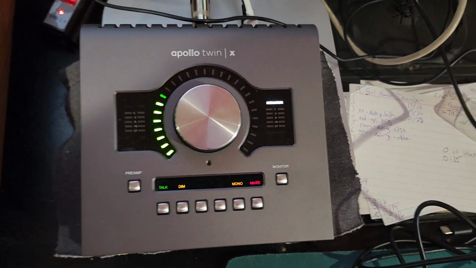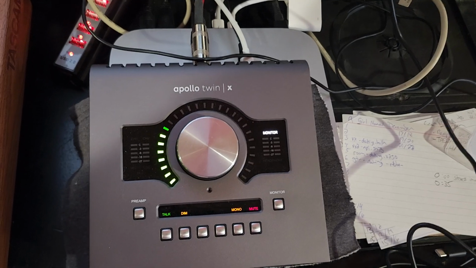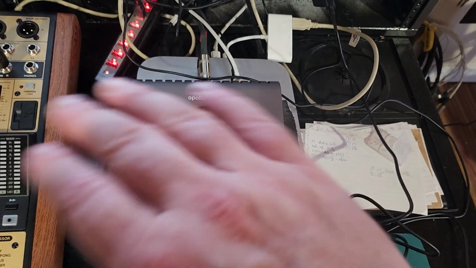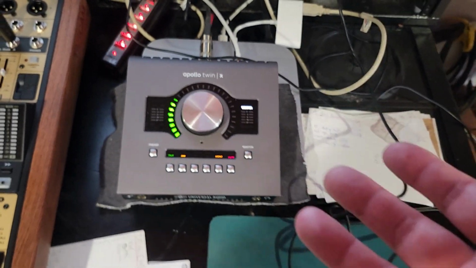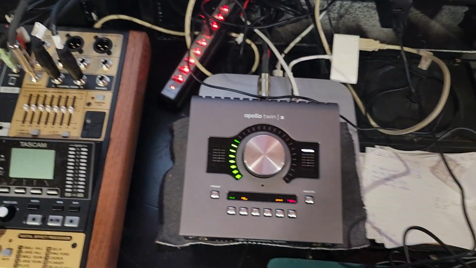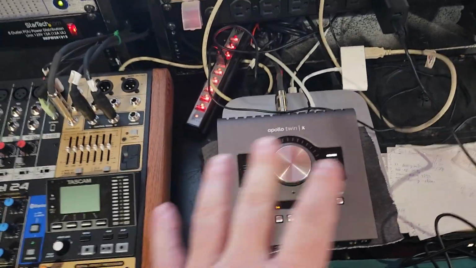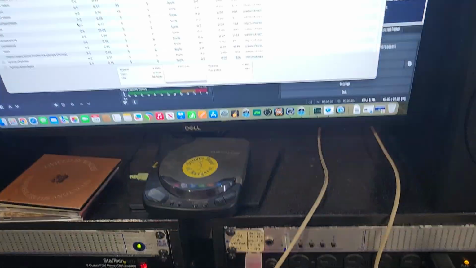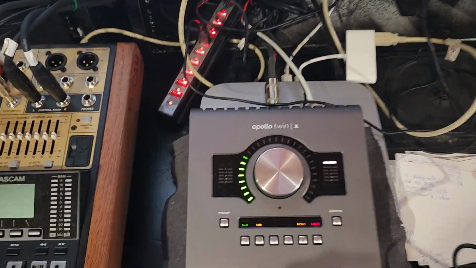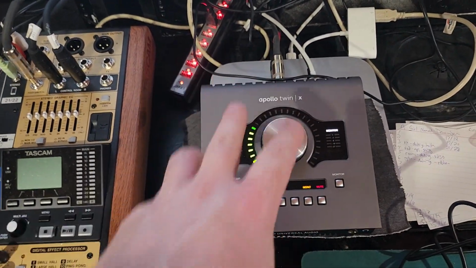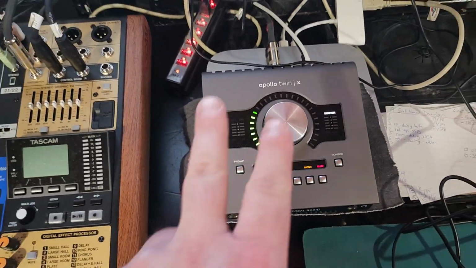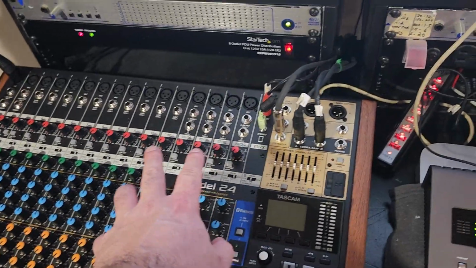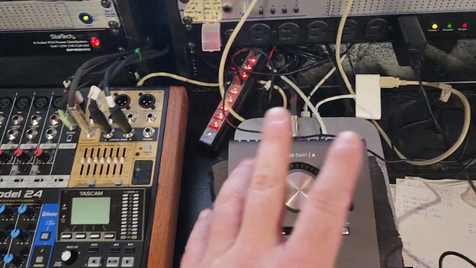So, I threw this up for sale. It isn't sold yet because I'm asking a crazy amount of money for it because all my plugins are tied to it. I can now get rid of this and all my plugins. I'll keep my native plugins, and I will buy back any native UA plugins that I don't have that I really want. There's only about 6 UA plugins I really love, if I'm honest, because Waves makes good plugins, Softtube, Reaper comes with some nice stock plugins. I'm going to sell this, okay? Get this thing off my desk, because guess what? If I want another 2-track, which I do, because I like dumping this into a 2-track, and I like having just a 2-track around.